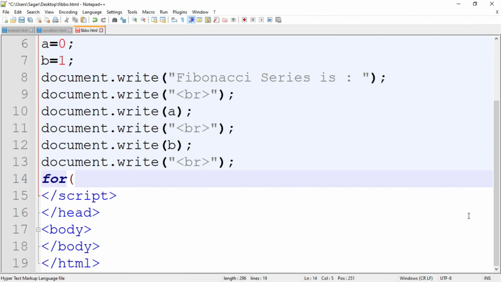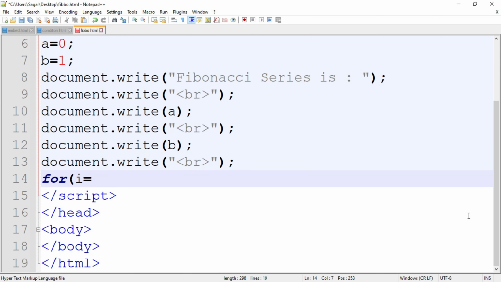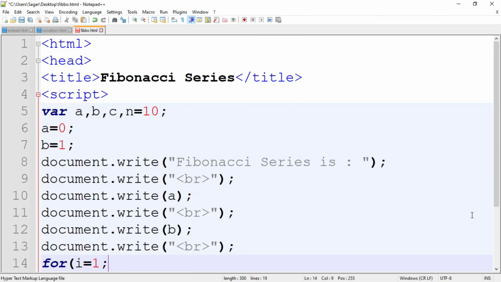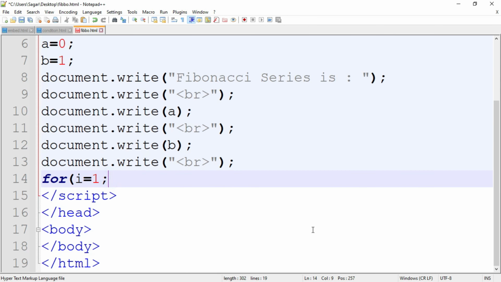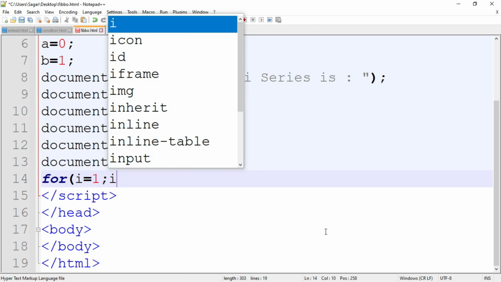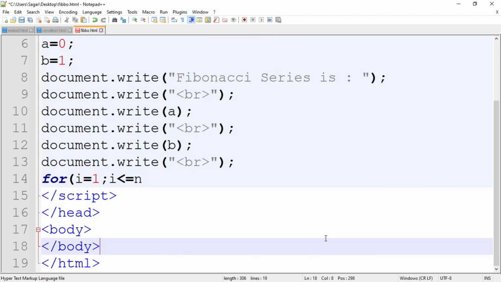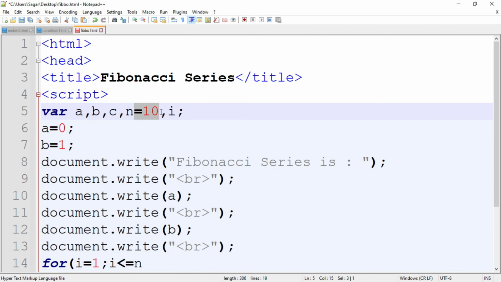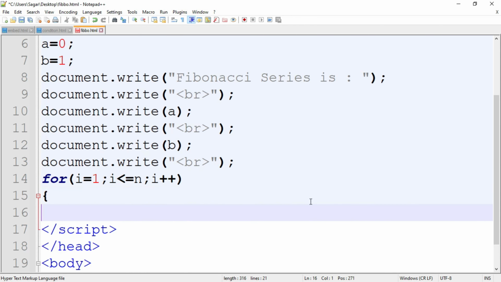So write down for, then initialization. For initialization we have to include one variable, that is I. So let's start from I equal to 1. We have to declare the I here also. Okay, so I equal to 1, then the condition I less than equal to n, means we have to print the value up to n number of terms, and here the value of n equal to 10, means up to 10 terms. You can write down here 10 directly instead of n. Then the increment or decrement, so we have to increment the value, so write down I plus plus, and then